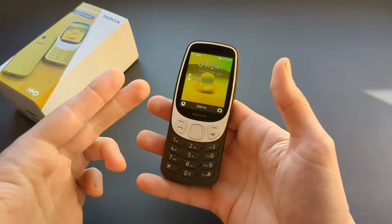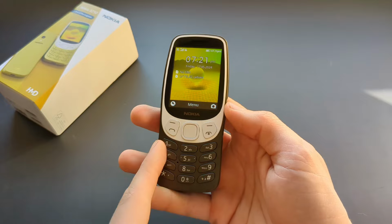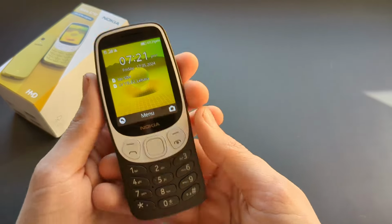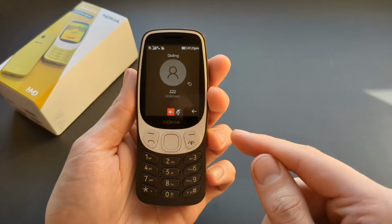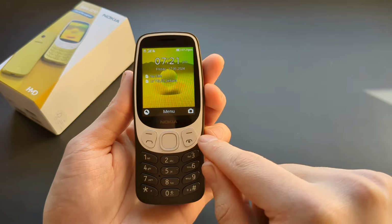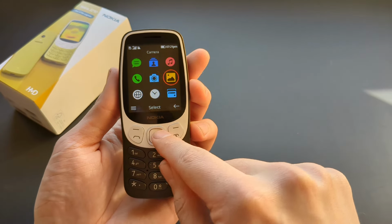Let me show you another very cool feature. You can actually customize any of these buttons from 1 to 9 to call someone directly. So you can simply click and hold. For example, I have set this number 2 button to call a random number here, and it will start calling that number. So the way we set it up, we have to go to the menu,